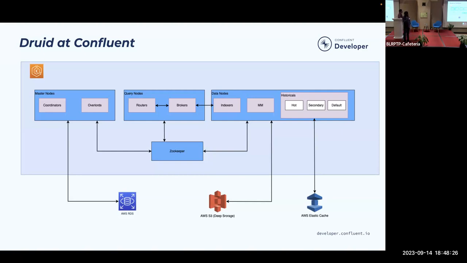And we have a secondary which we introduced recently because earlier, hot was serving both our Confluent Cloud use case as well as the on-prem use case where customers used to query. We saw performance issues there, so we decided to have another tier where we split the queries. All the Confluent Cloud queries will go to hot, and the on-prem ones go to the secondary. So this is the kind of architecture which we have.